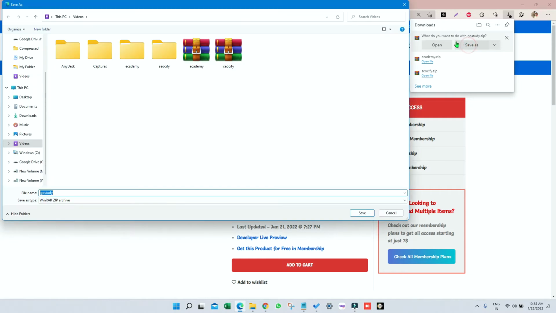And let me save it inside, let's say, the documents folder. Okay,